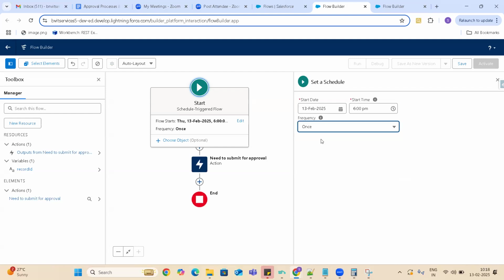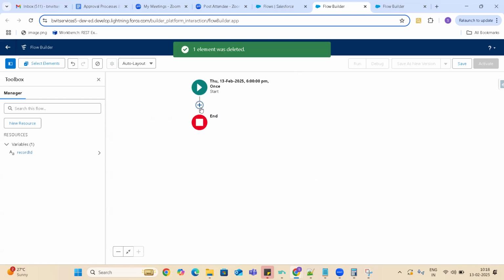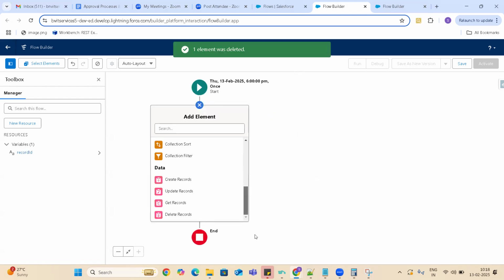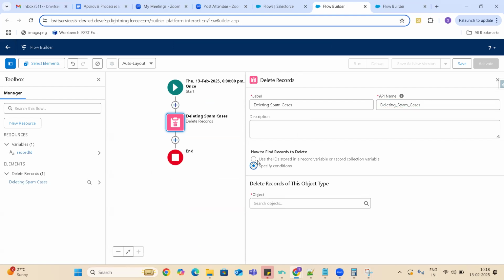It depends on your requirements, guys. Basically, the major requirements for which we use this flow are delete operations. So let us assume, instead of submit for approval, let me add one of the database operations, delete records. Deleting spam cases. Specify the conditions.